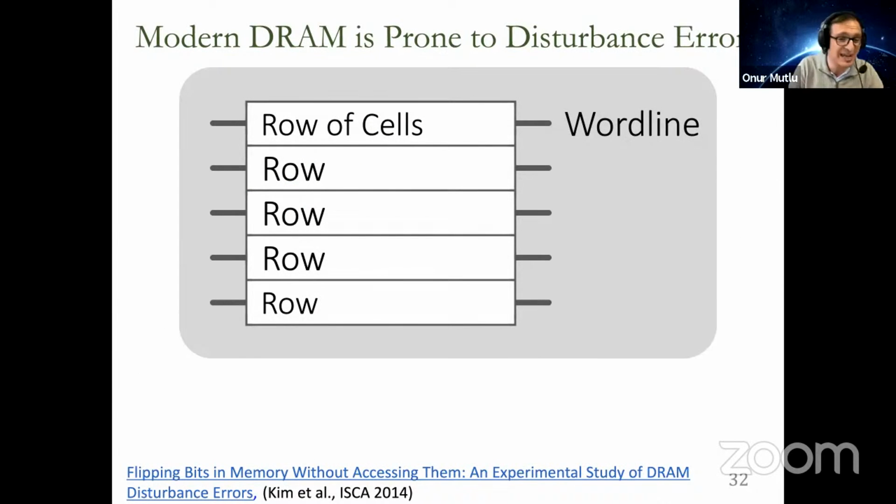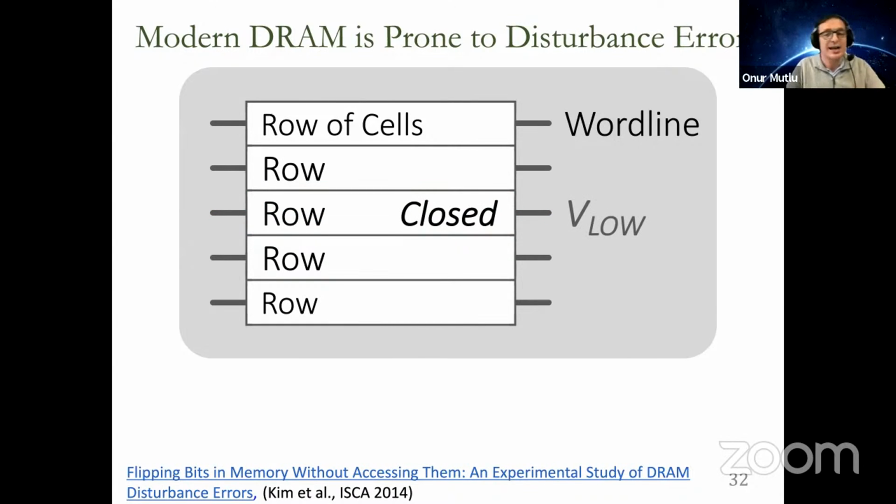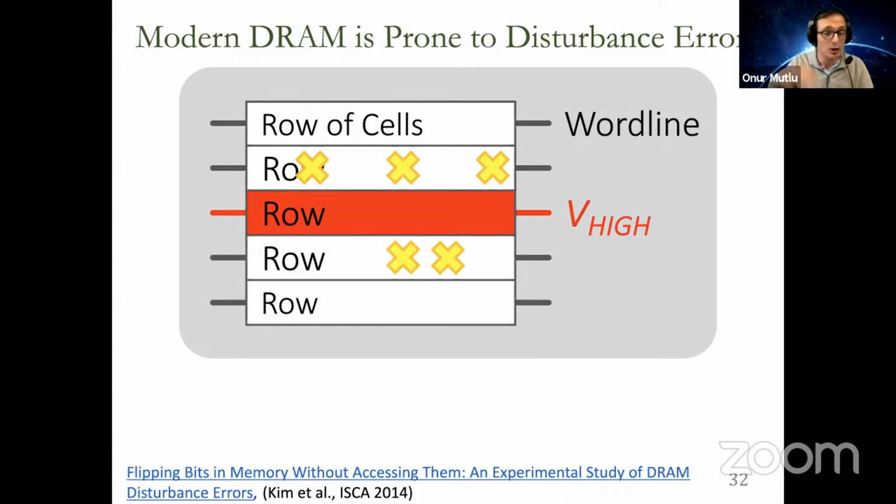As I explained yesterday, RowHammer is all about disturbance, meaning whenever you access a row, activate a row, you're disturbing the rows physically adjacent to this row. So you keep on activating, applying high voltage to this word line, closing, applying low voltage, again, apply high voltage, low voltage, high voltage, low voltage. Basically, you're really swinging the voltage on this word line, and you're really disturbing the cells that are around you because of this voltage